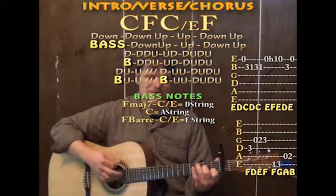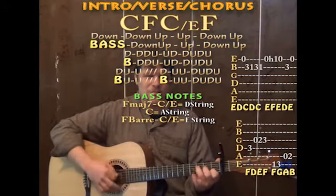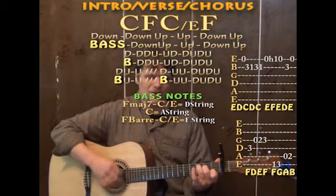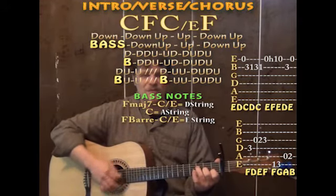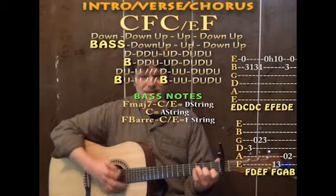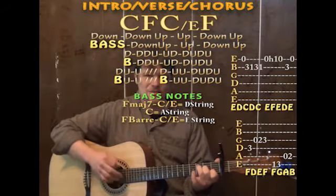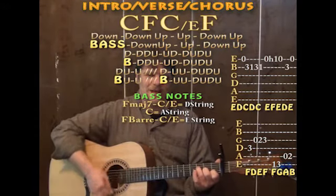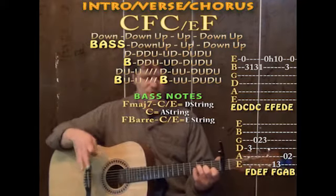So we tried our verse adding bass notes. We'd have C with an A bass, down, up, down, F with a bass, down, up, down, C/E, down, F with a bass, down, down, C with an A bass, down, down, F with a bass, down, down, C/E with low E bass, down, F with a bass, down, down, and if we kept that going for our first chorus,